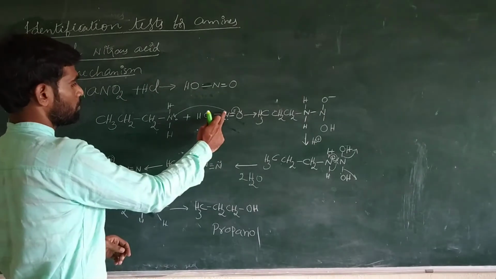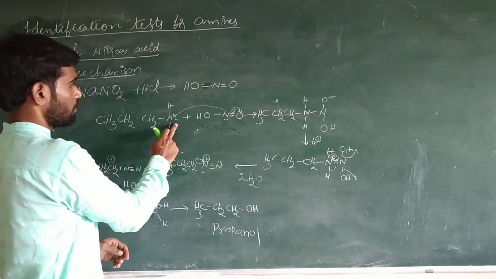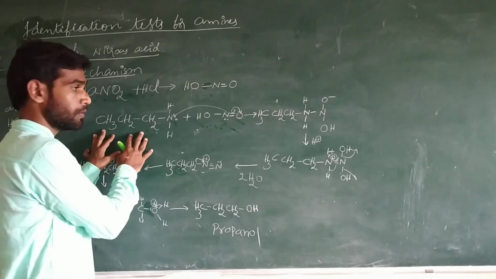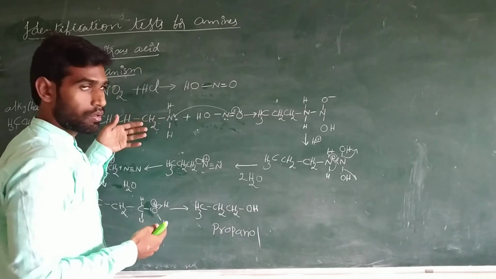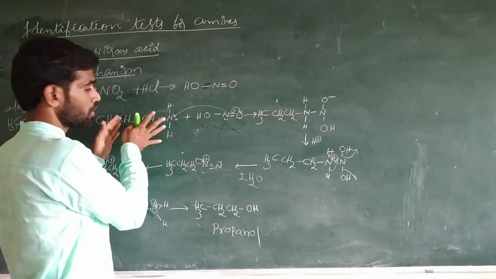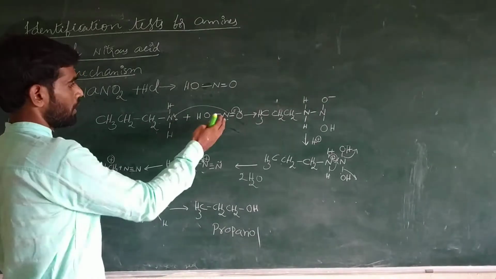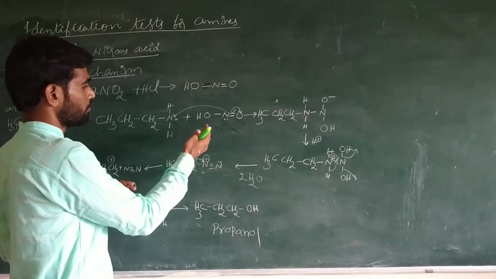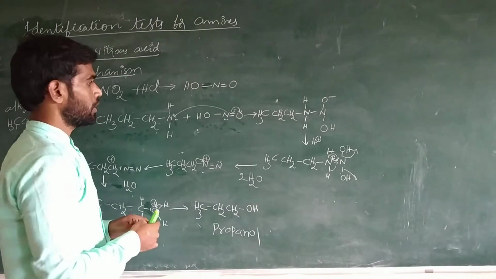At that time, this positively charged nitrogen reacts with the propylamine nitrogen atom, because its lone pair of electrons is available. It is an alkyl chain, an electron donating group, and this electron donating group is pushing the electron density towards the nitrogen atom, as we explained at the time of basicity. So these electrons are available to react with the positively charged nitrogen.